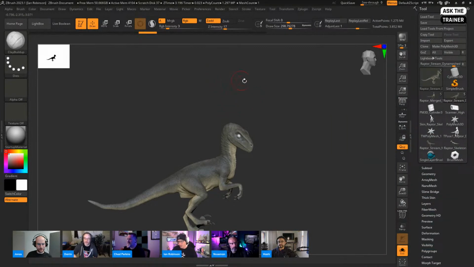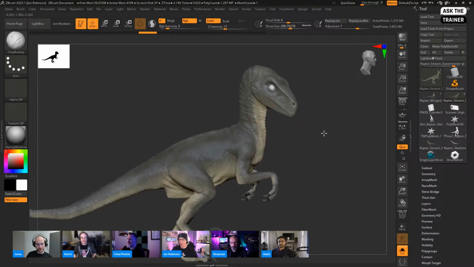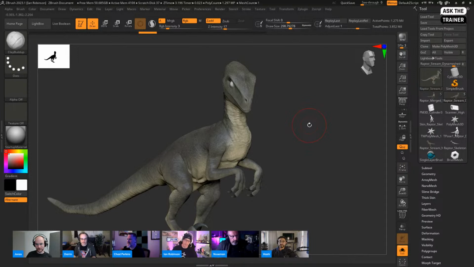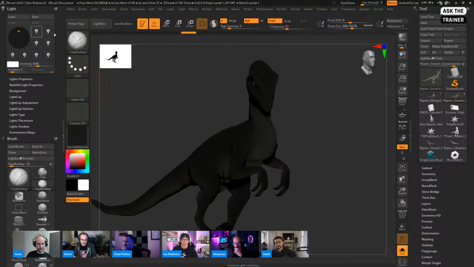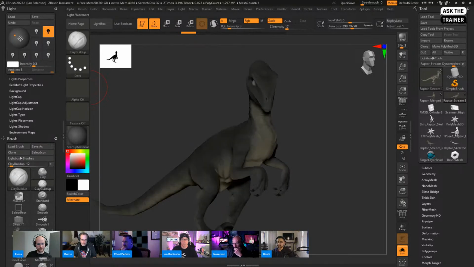And then a couple things that we added just for convenient workflow. It might sound like the smallest thing in the world, but I promise you, when you start utilizing it, it's going to make a big difference, because I find the small things make the biggest differences in my life. And that is with materials and with lights. Okay, if I'm ready to set up a scene in ZBrush and I turn this light off and I make this a rim light,